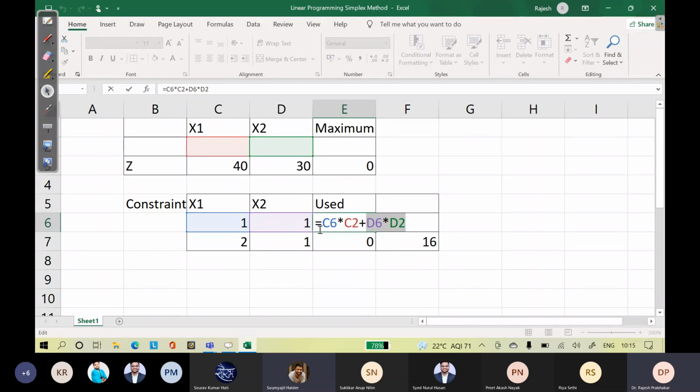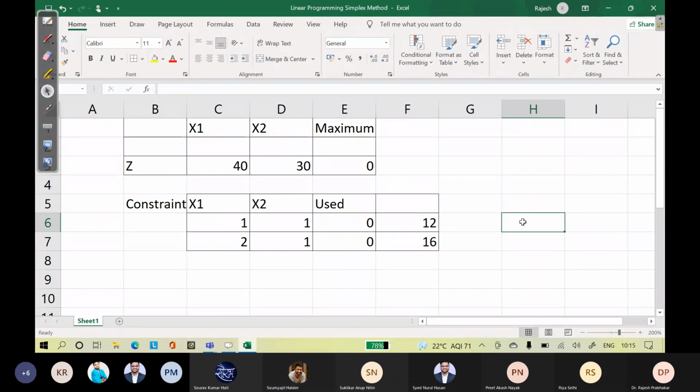Yes, sir. So the formulated cells I am highlighting. Wherever we have the formula, those cells I am highlighting. This is a formulated cell. These two are formulated cells, and these two are formulated cells. All of you check, you have inserted the relevant formulas in this. Sir, what formula have you inserted in X1, X2?